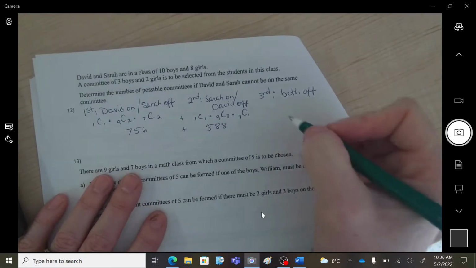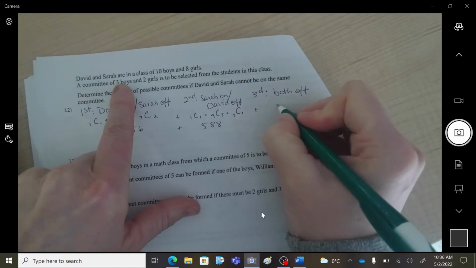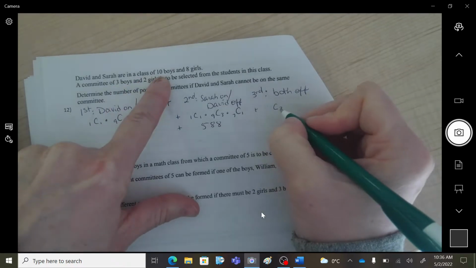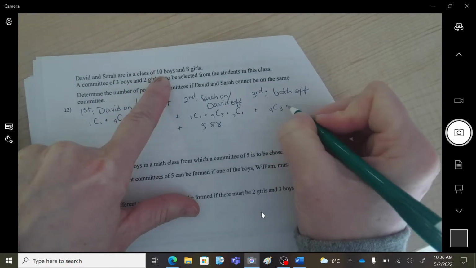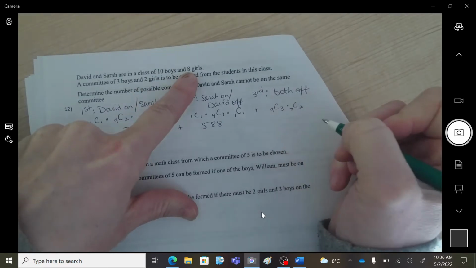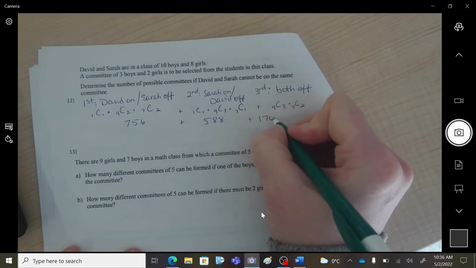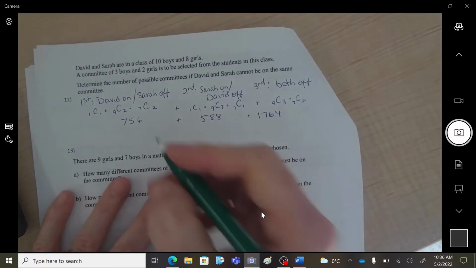If they're both off, so I need 3 boys, and I have 9 choices. And I need 2 girls, and I would only have 7 choices. So that makes, so the total,